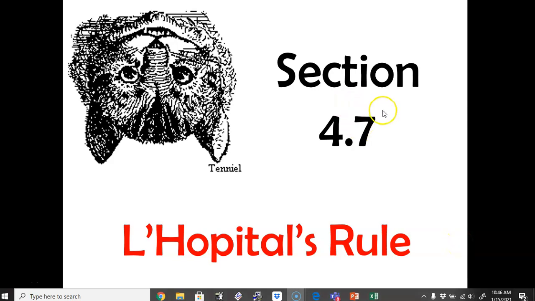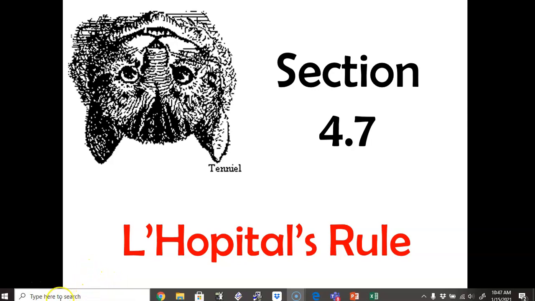Okay, folks, so today I want to go over with you the last section of chapter 4. It is a rule called L'Hopital's rule, and it is the last application of derivatives that we are going to do. What L'Hopital's rule does is it brings us back to some limits that we used to not be able to do, and I used to say, oh, you're just going to trust me on this one,